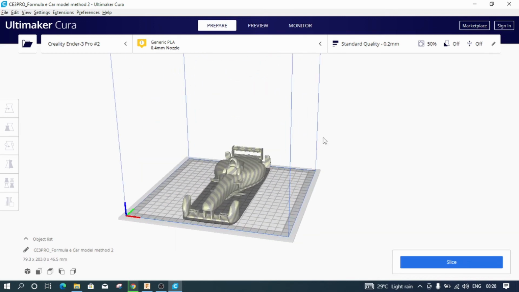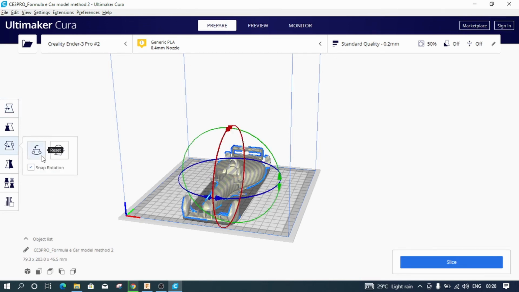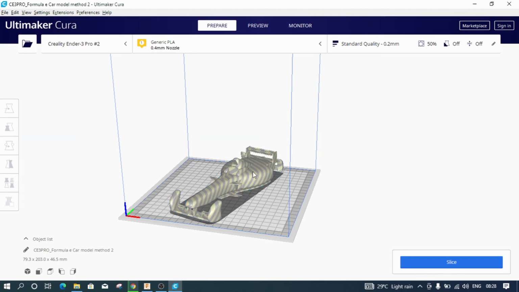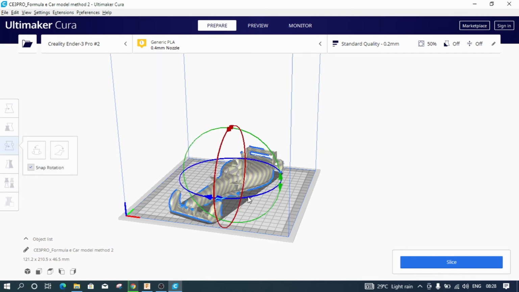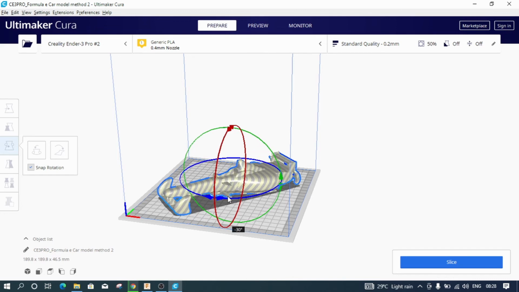Now I want to rotate this particular model. So I will click on the particular body and go to the left hand side, and there is an option known as rotate. I will click on that, and it is showing me this 3-axis rotational system. I want to rotate this model around the Z axis by using this blue color ball. With the help of this blue color ball, I will be able to rotate my model as per my requirements.